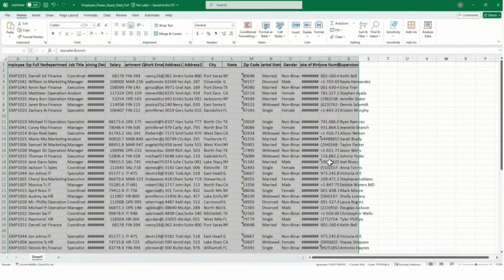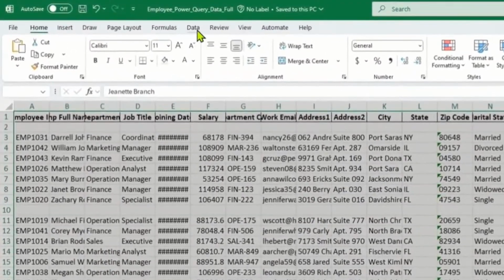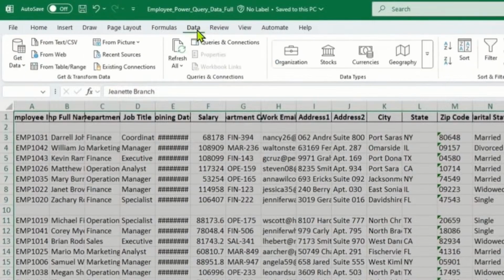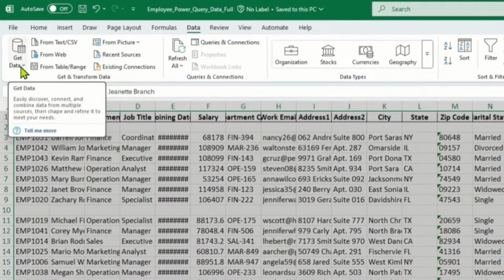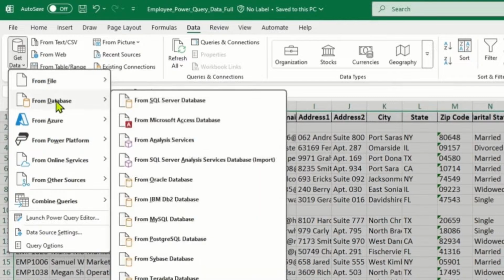तो पावर क्वेरी यूज करने के लिए सबसे पहले आप डेटा टैब पे क्लिक करेंगे और उसके बाद आप देखेंगे यहां पर गेट एंड ट्रांसफॉर्म रिबन सेक्शन है। इसमें गेट डेटा में आप डिफरेंट डेटा सोर्स चूज कर सकते हैं आपके डेटा के लिए। जैसे आपका डेटा किसी फाइल में है तो आप फ्रॉम फाइल सिलेक्ट कर सकते हैं। यदि आपका डेटा किसी डाटाबेस में है तो आपको फ्रॉम डाटाबेस ऑप्शन सिलेक्ट करना पड़ेगा।